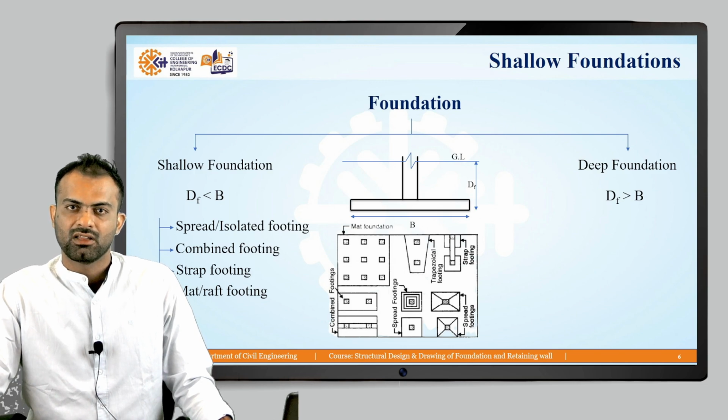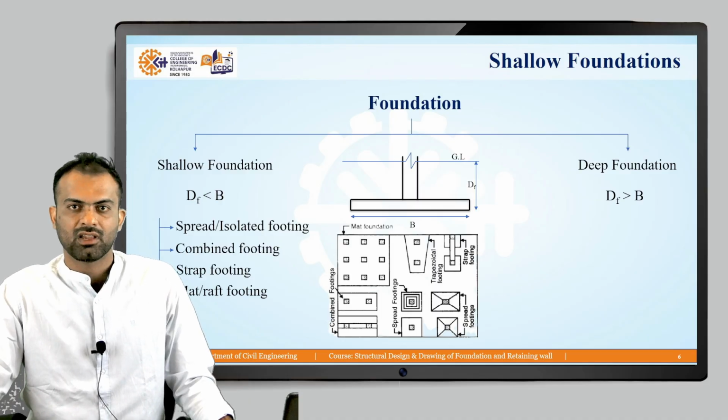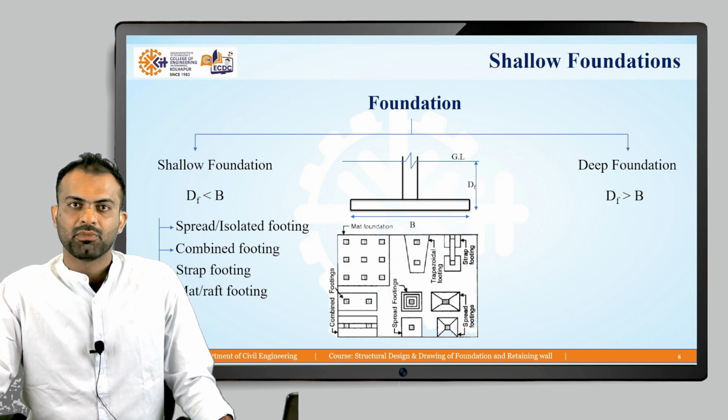And these are isolated footings, so each column has its own footing. These types of footings we call isolated footing or spread footing. And in the last, below left corner, we can see the combined footings, whether those are rectangular combined footings or trapezoidal combined footings. With this, we are going to end